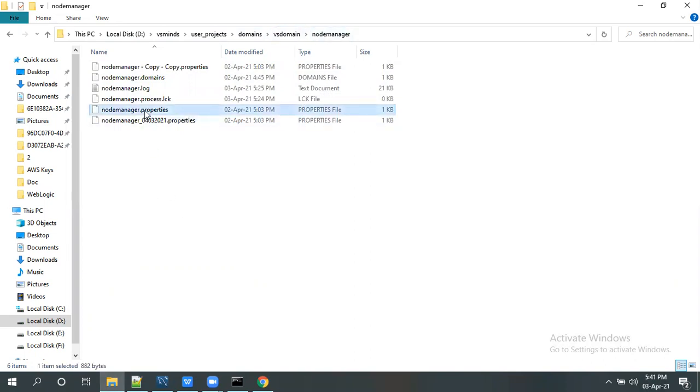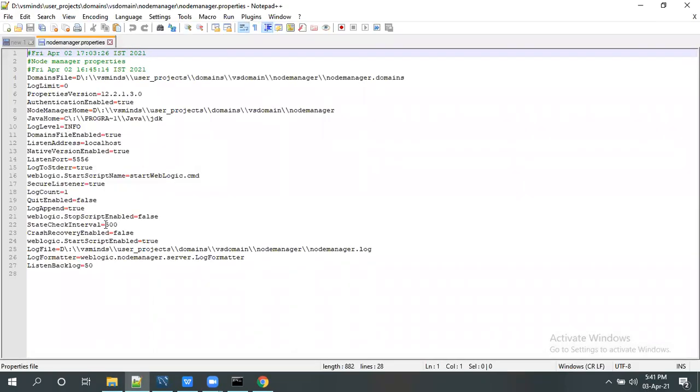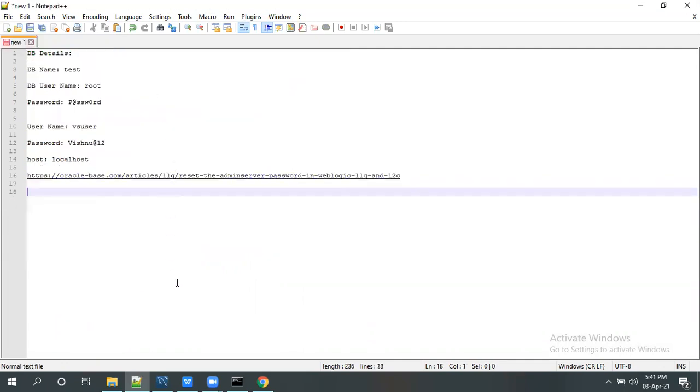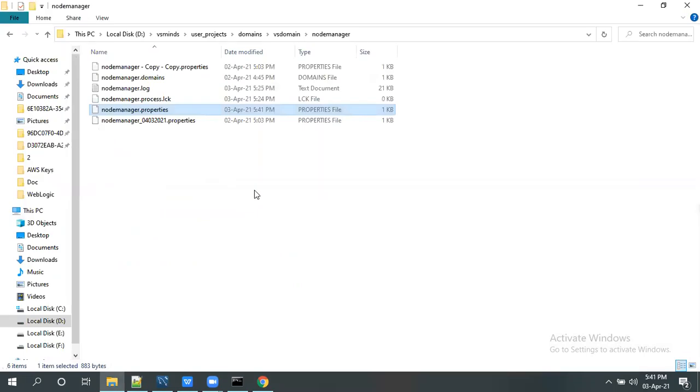Under the node manager, we have the nodemanager.properties file. Click on that, and you can edit. See here, secure listener, you can set to false. That's it. You can save here and close this file.